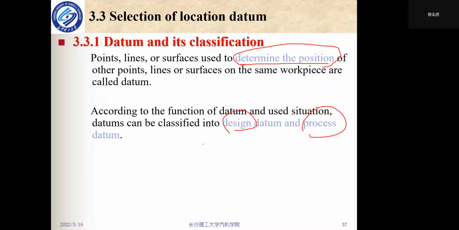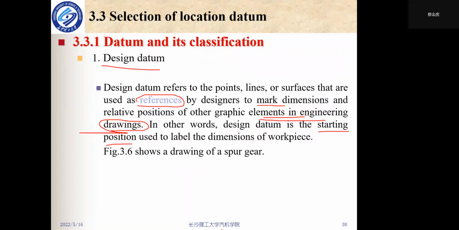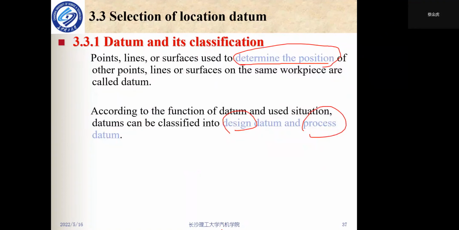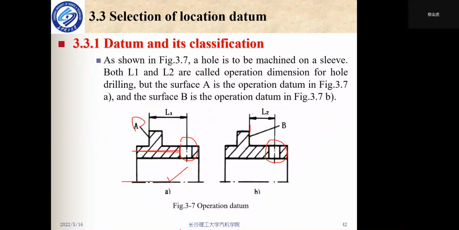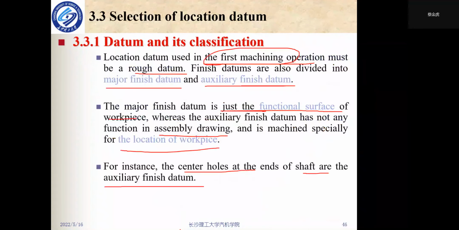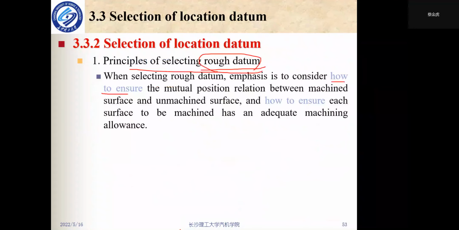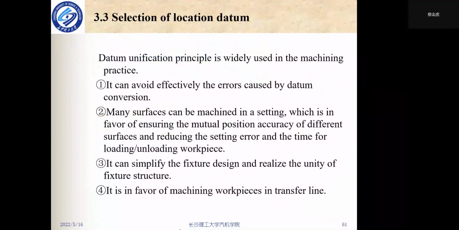And then we have named the datum and its classification. The datum is a very key point of this class, which means points, lines, and surfaces used to determine the position of other points. So we have learned much in this class,